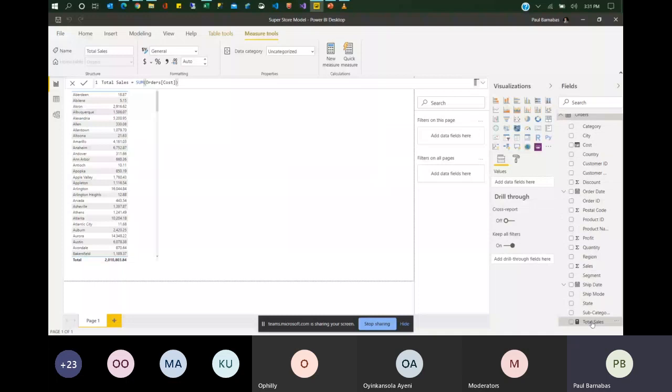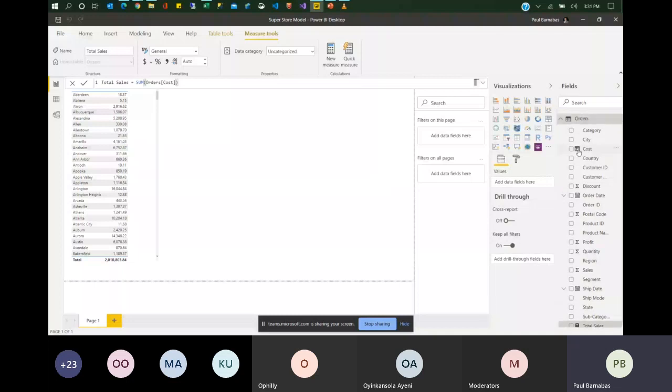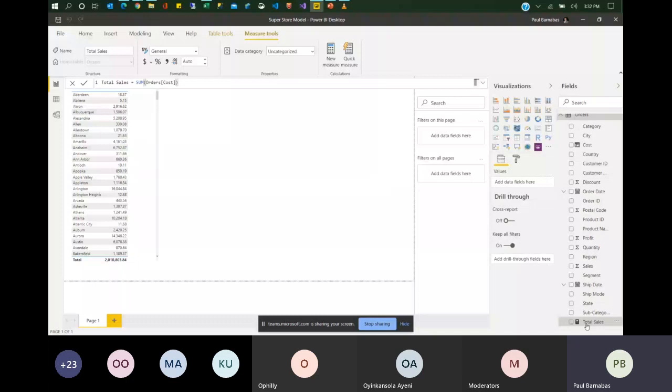Another thing that you can use to take note of the difference of whatever column you have is when you see this calculate symbol, it means this is a measure. But when you see this function symbol, it means it's a calculated column. So take note of those two things. This is a measure, and this is a calculated column. And all these are just different columns that we have in the data model. Okay. So this is an example of an explicit measure.